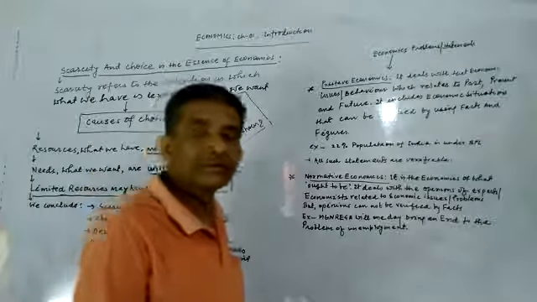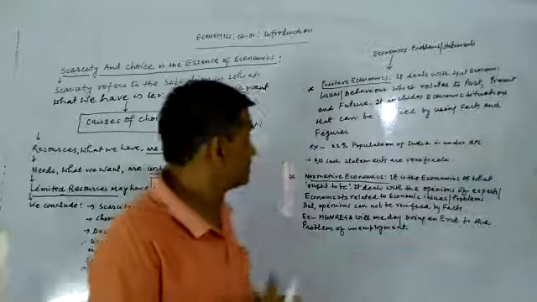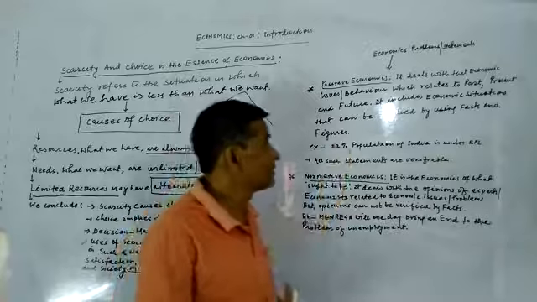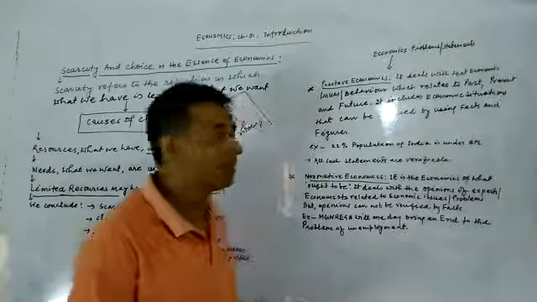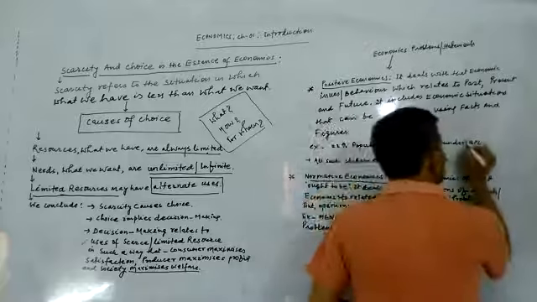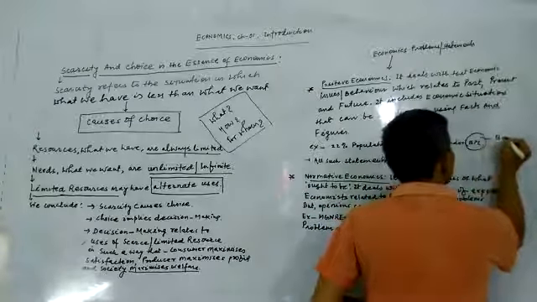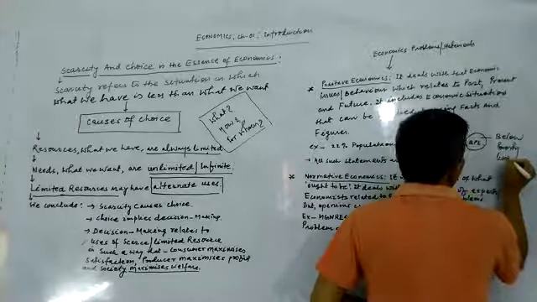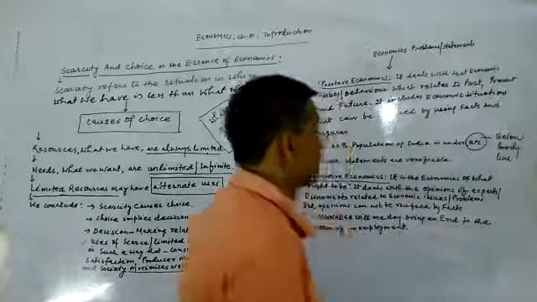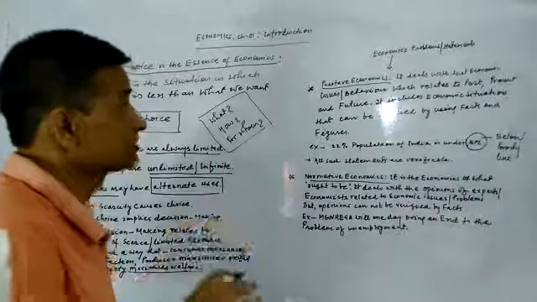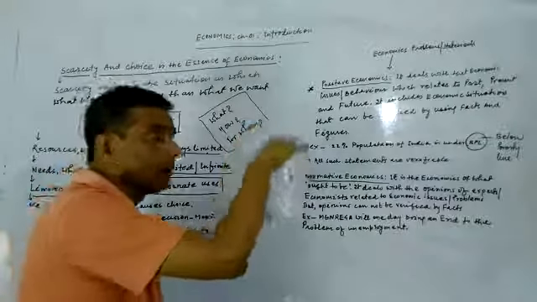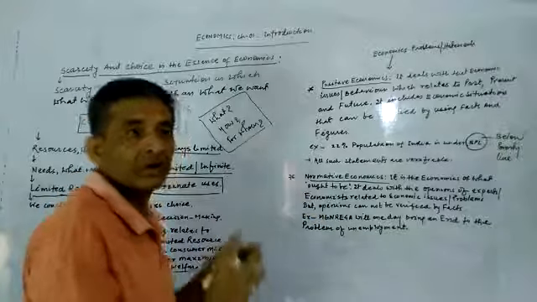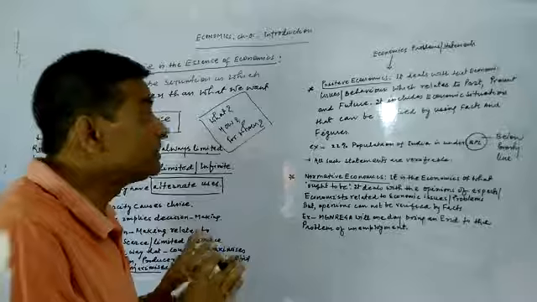If some kind of statement is given, like here it is mentioned, 22% of the population of India is under BPL. You know BPL? You have studied these things in your previous classes. Below poverty line. And you all know that below poverty line means a person who is below a particular level is absolutely poor. They are not even able to fulfill their minimum basic needs.